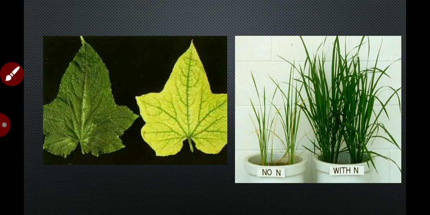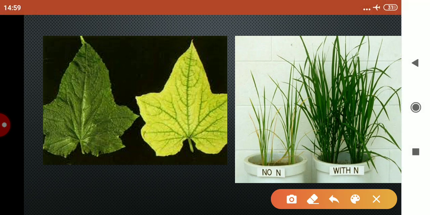Children, here you can see the difference in the plant affected, meaning the deficiency of nitrogen. You can see that leaf is losing the chlorophyll content from it, therefore it is becoming yellow in color, and this one is the shortening of leaves. This means because of the deficiency of nitrogen in the soil, the leaf does not attain or acquire its shape. It remains small.